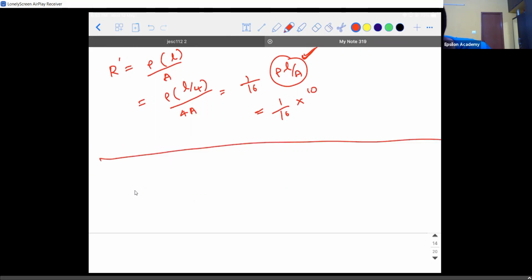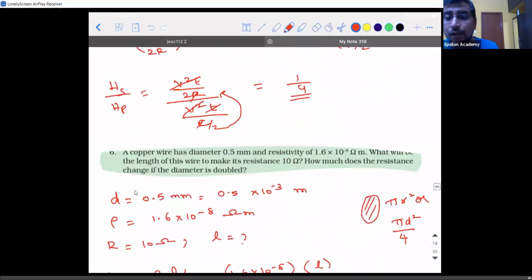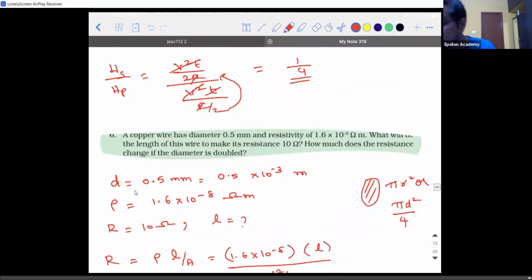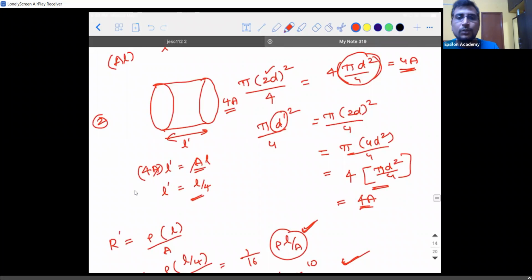So what they tried to say is, generally the concept which I explained is applicable when the area is increased. This question is actually ambiguous. They should have asked a question like this: how much does the resistance change if the diameter is doubled? In the sense, I thought the same wire is elongated. No, that's not what they're saying. I'm trying to decode it from the answer that they gave, but actually according to me it is wrong. But I hope you guys understood the concept, no? Which I tried to explain. So there are problems that will be asked.